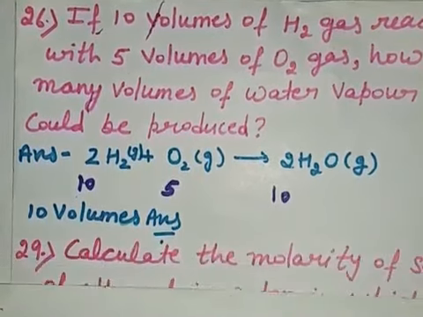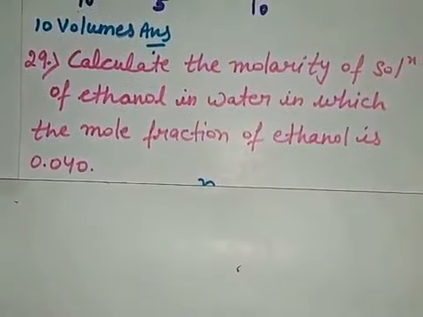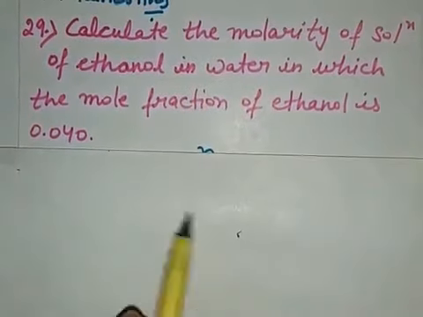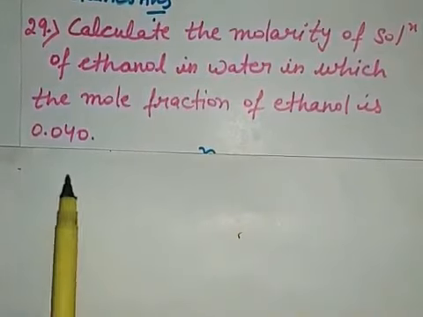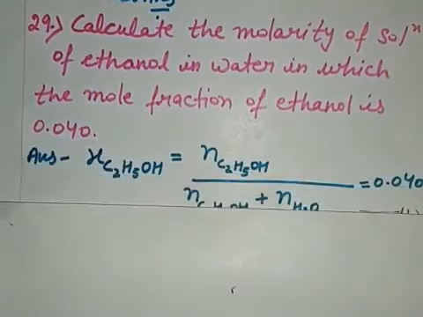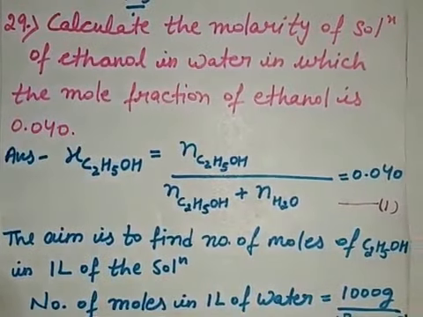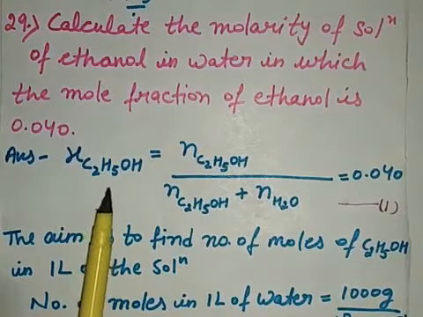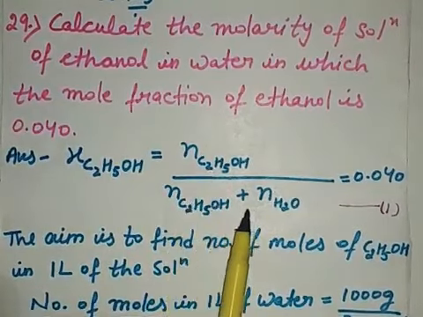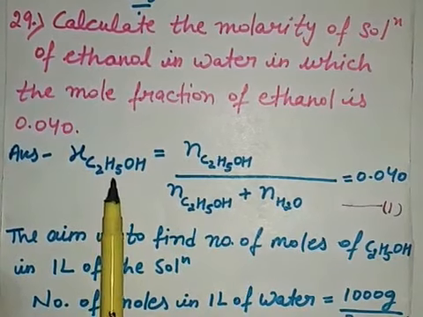Now next question is question number 29. Question number 29 is: calculate the molarity of a solution of ethanol in water in which the mole fraction of ethanol is 0.040. Now as you can see, the total mole fraction of a solution is always equal to 1. Mole fraction is equal to the number of moles of a component divided by the total number of moles of all the components. Here we want to find the mole fraction of ethanol,